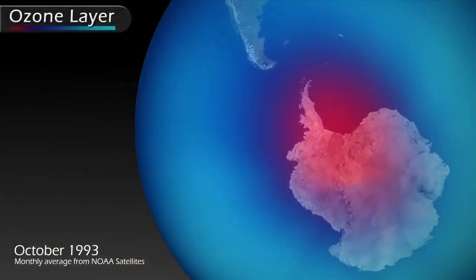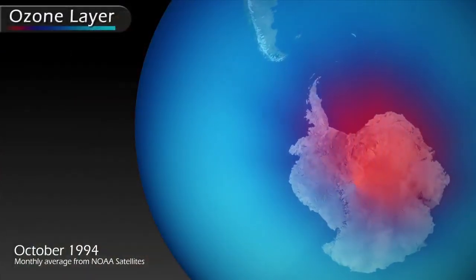In the long term, though, we're going to be looking at the data to determine, is the Earth's ozone layer rebounding from the low points that we saw in the 1990s? That's the